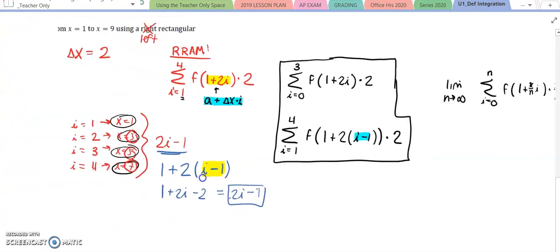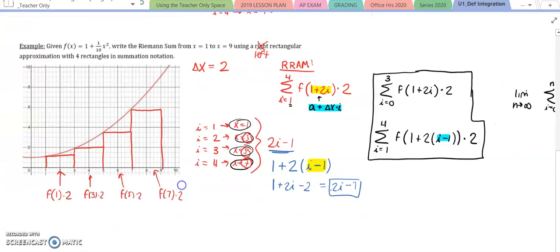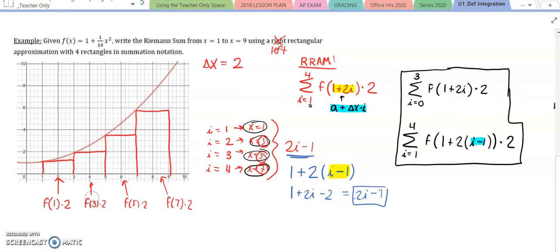It just may change if we were trying to write a Riemann sum with a left rectangular approximation. We obviously could go into this conversation even further by talking about midpoints and other types of Riemann sums, but ultimately, right Riemann sum is the number one form that you want to be able to familiarize yourself with, and there could be a rare occurrence on the AP exam where they talk about left Riemann sum approximations written in summation